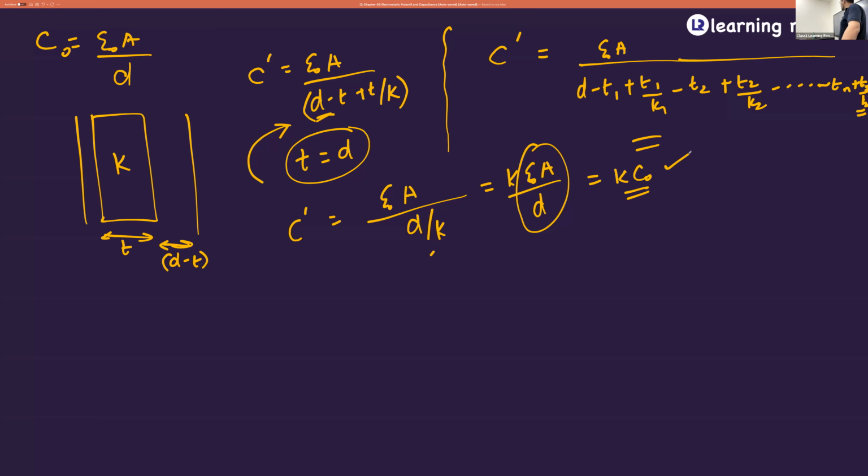Clear? So what will happen to the capacitance here? Initially, the capacitance was C naught. After you completely insert a dielectric, its capacitance will increase by a factor of K. It becomes K times C naught, which is a very high value. Are you clear with this? Right. Then we have the concept of